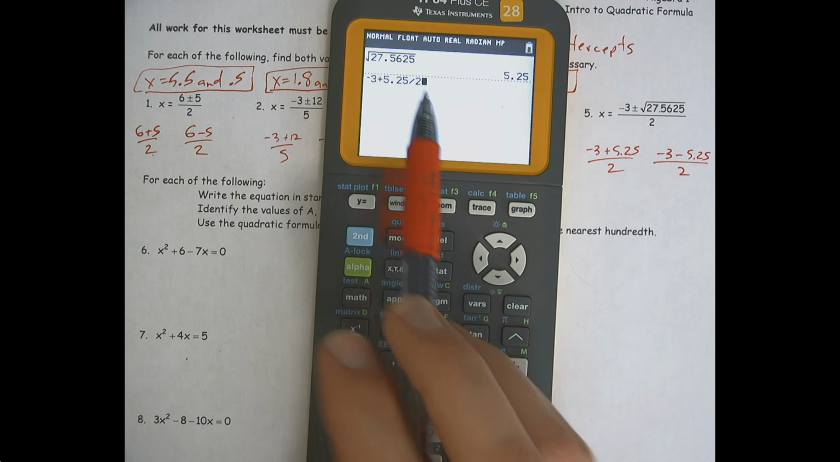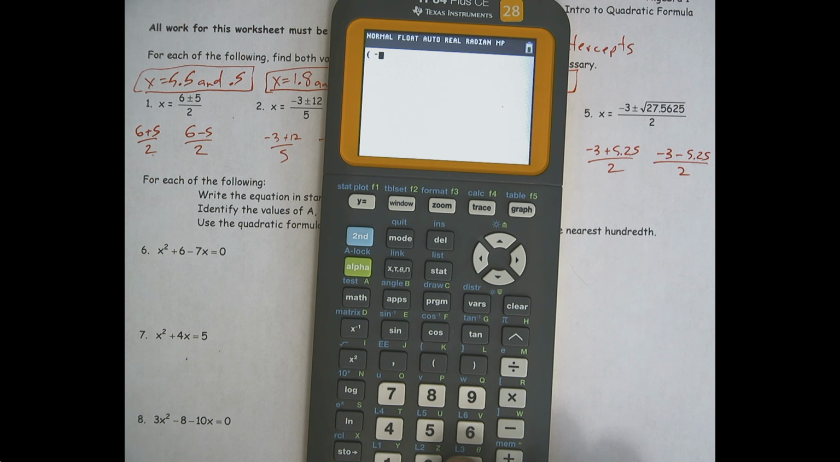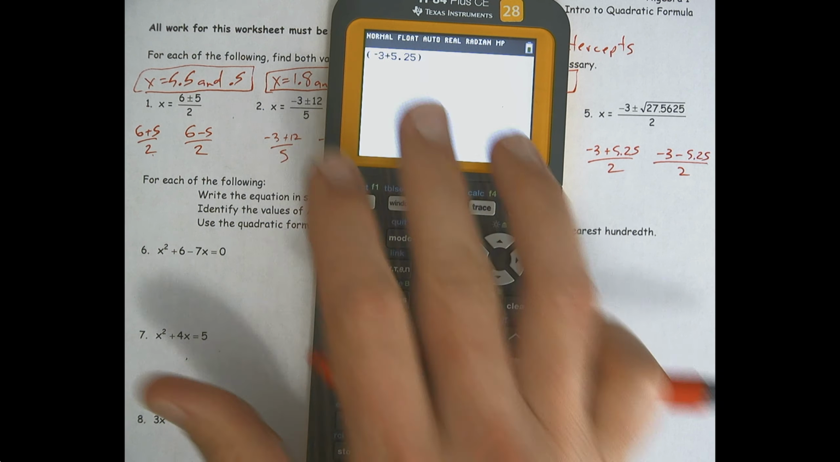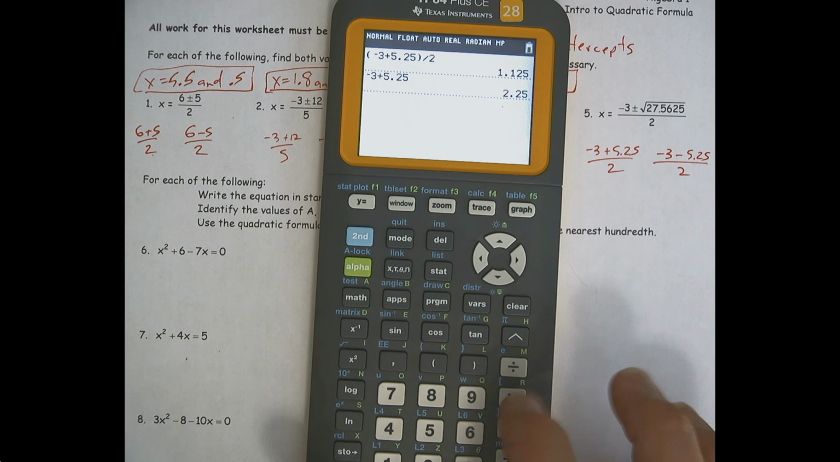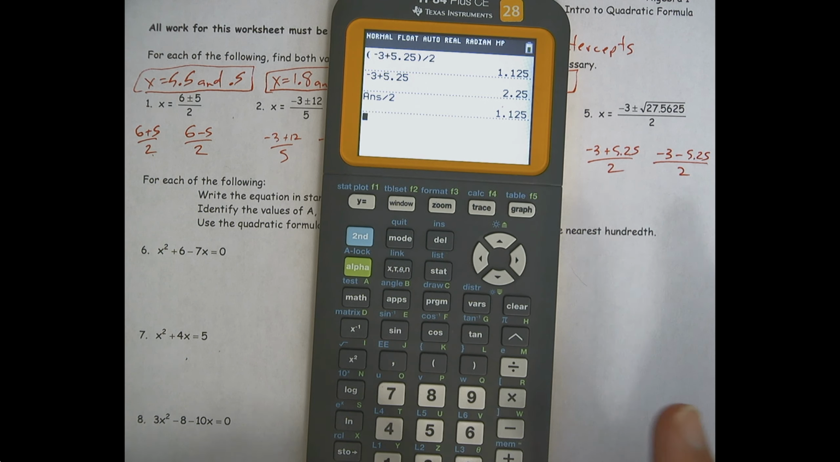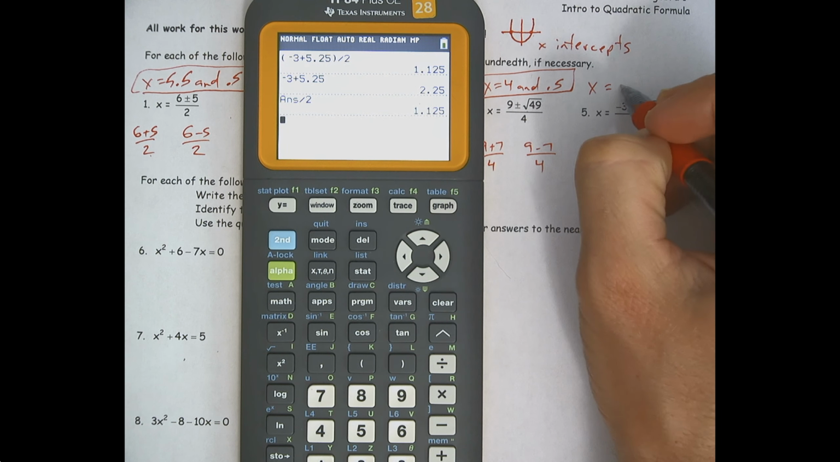So if you wanted to write this out all in one step, you would have to use parentheses and say negative 3 plus 5.25. Parentheses signify that quantity. Order of operations says parentheses first, divided by 2. You could do it that way, or just do negative 3 plus 5.25, get that answer, and then divide it by 2. Okay, and it's going to get you there as well. So x equals